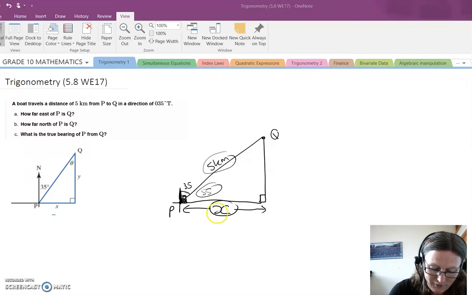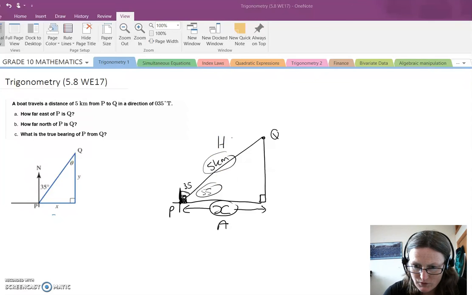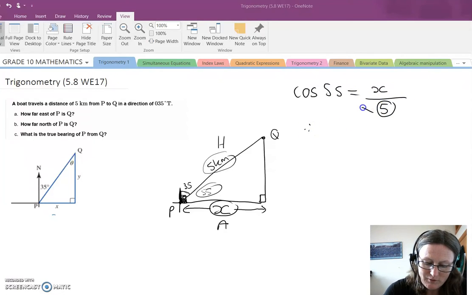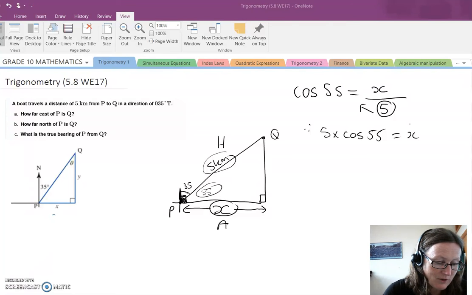So we have the adjacent side to this marked angle, and we have the hypotenuse. So we use cosine. Cos of 55 is equal to adjacent over hypotenuse. This is x divided by 5, move it over to the other side and times it by 5. So 5 times cos 55 gives us x. So 5 times cos 55 is equal to, x is equal to